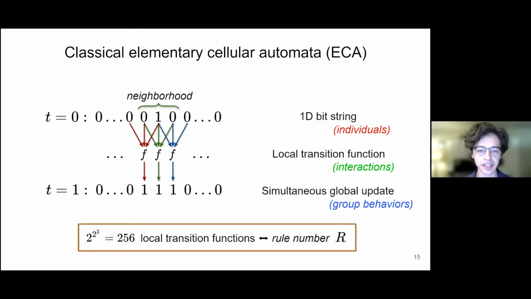It turns out that with 3 inputs and 1 output for the local transition function, all of which can either be 0 or 1, there are 256 possible local transition functions, and we can simply enumerate them with the rule number R. There's a coding of how R can be expanded into binary to determine exactly the form of that F, but I won't go into those details right now because it's a little bit arbitrary. The important thing is we can number all of the rules and then look at them. So let's look at a few examples.